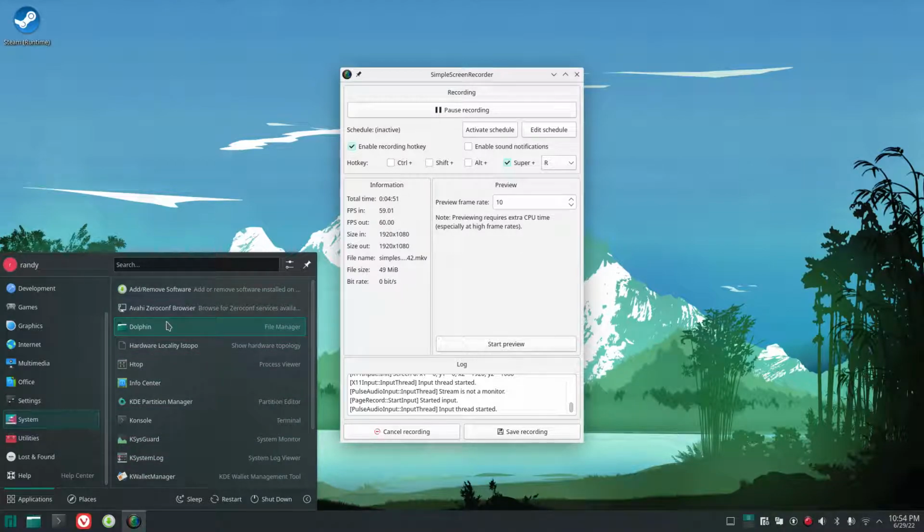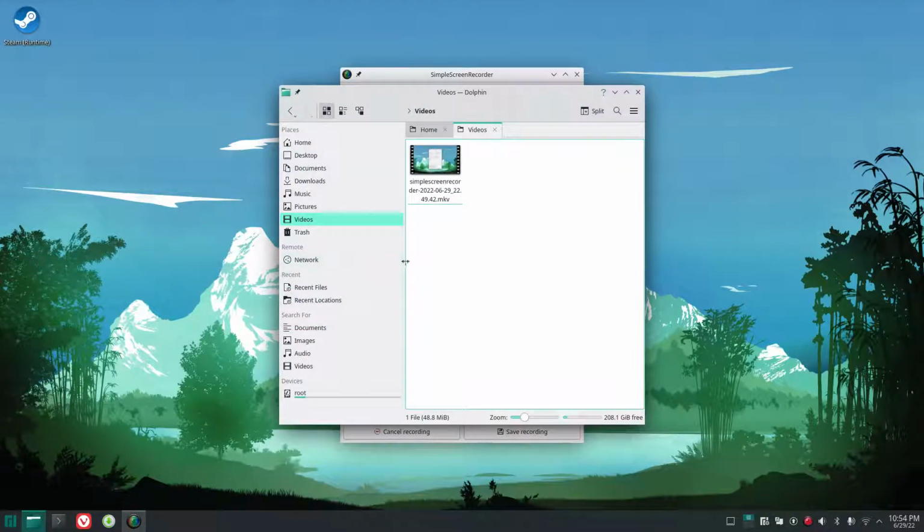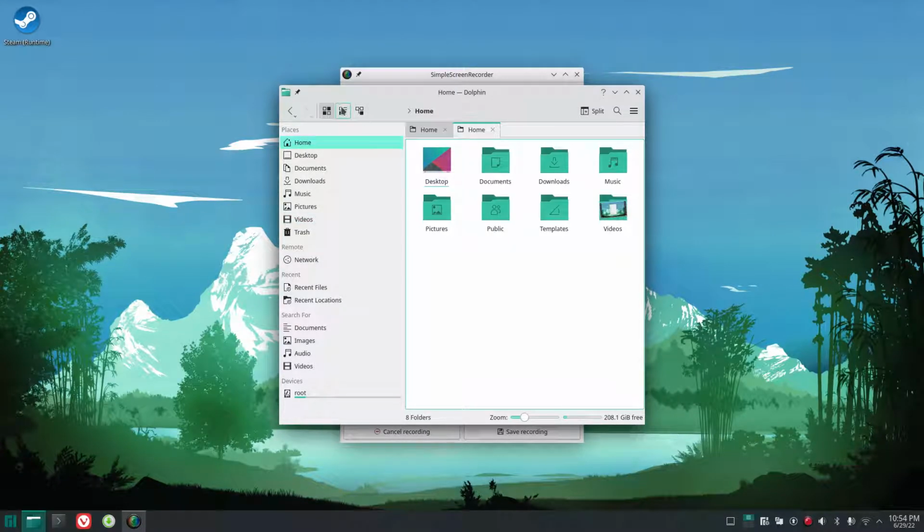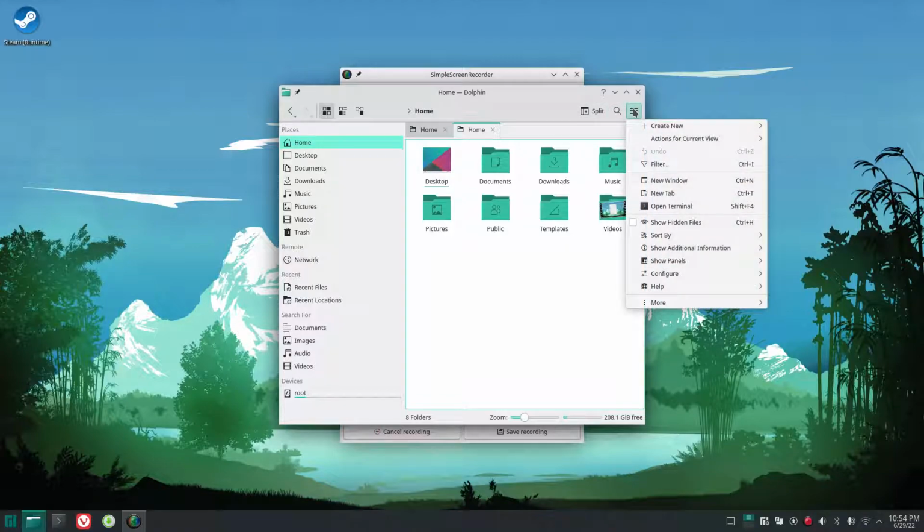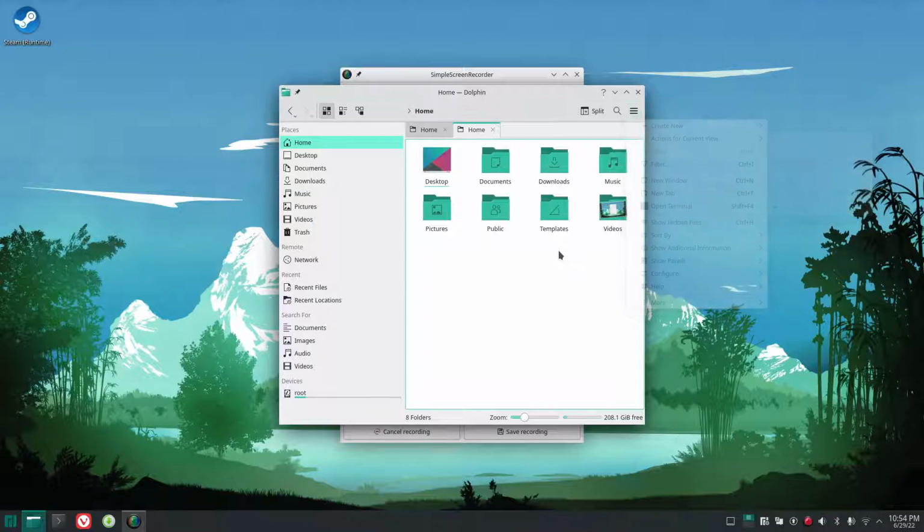We got Dolphin File Manager. This is a great one. It's been around for a long time. Very simple, but powerful. It has everything that you usually would need. It's tucked under these menus. It's really nice. And what I love about Linux, and I talk about this in just about every distribution, is